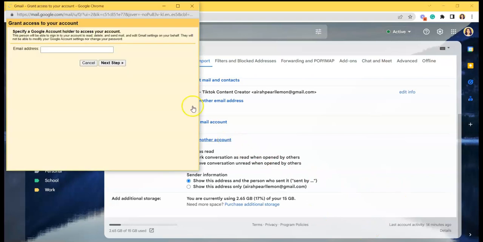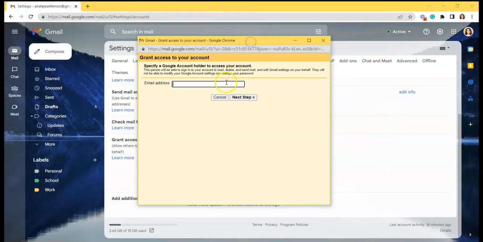So for example, let's try it. I'll be using one of my accounts, and then irgfiend@gmail.com, then click next step,